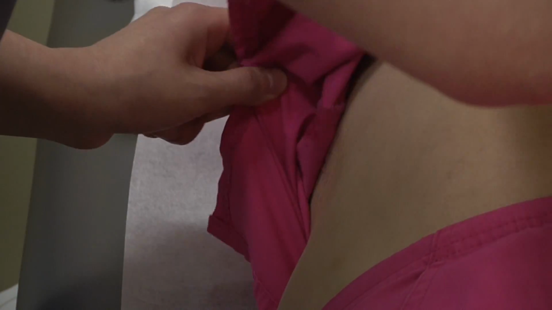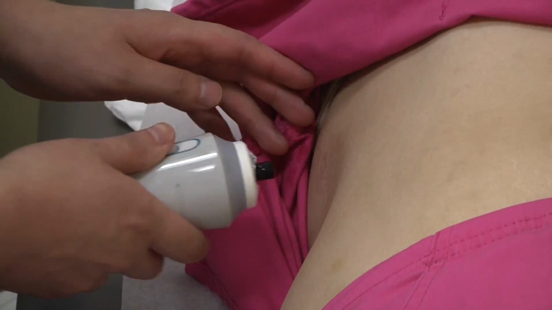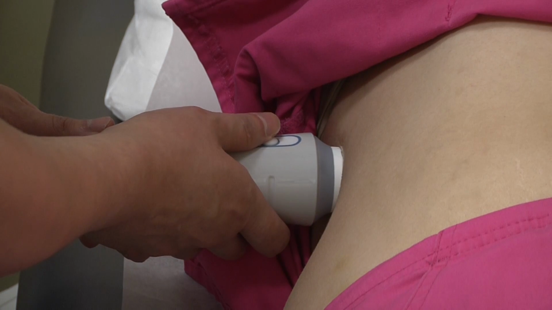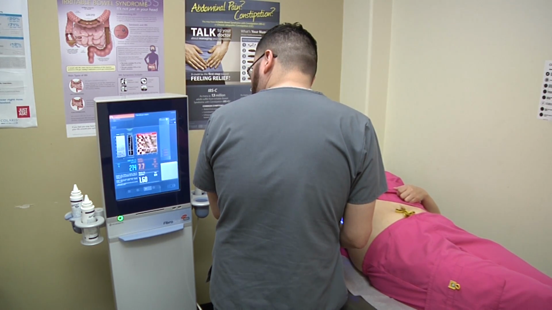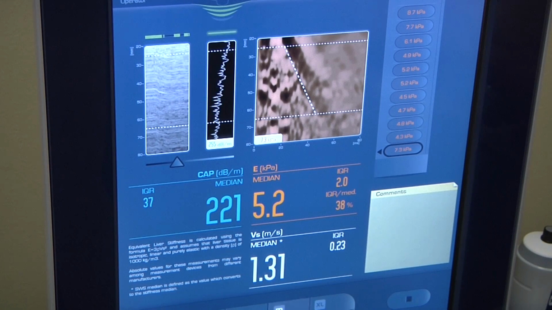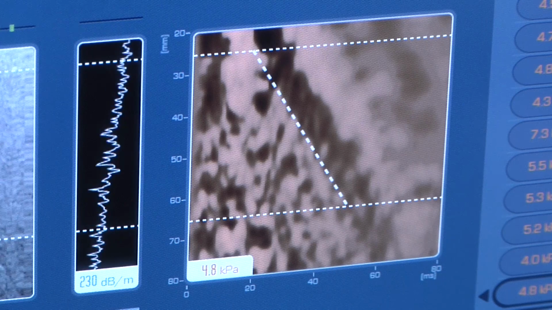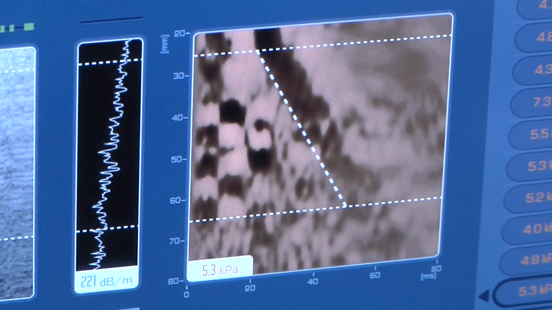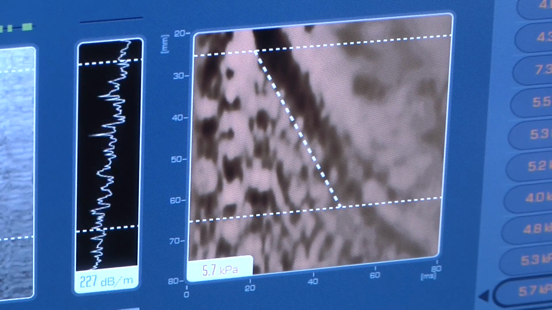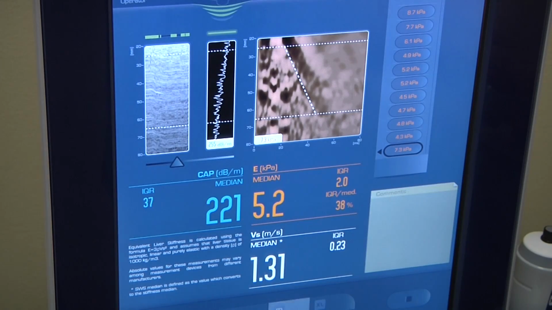And this is a little bit like an ultrasound scan. There's a probe that gets applied to the surface between the ribs, and basically some shock waves are sent into the patient, and depending on how fast they move through the patient, the speed is recorded and analyzed to determine how much scar tissue there may be in the liver. It also gives a qualitative assessment of the amount of fat in the liver.